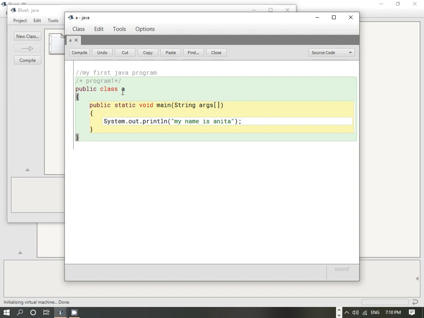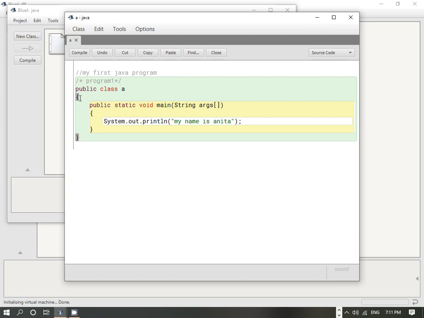I have told you there are many other access modifiers, like public, private, and protected. At the initial phase we are going to use this public modifier itself. Then the next thing is class. This keyword indicates that A is a class, meaning what we have created is a class over here.